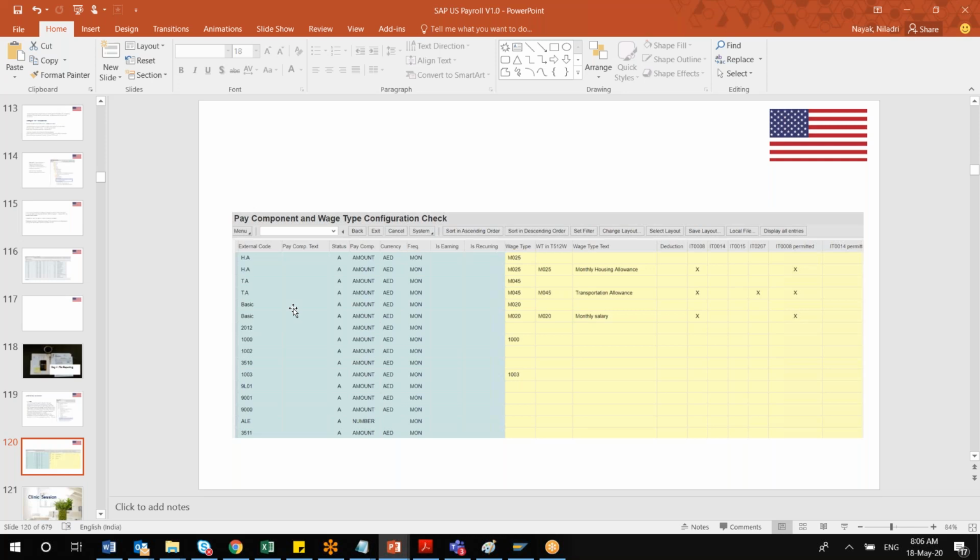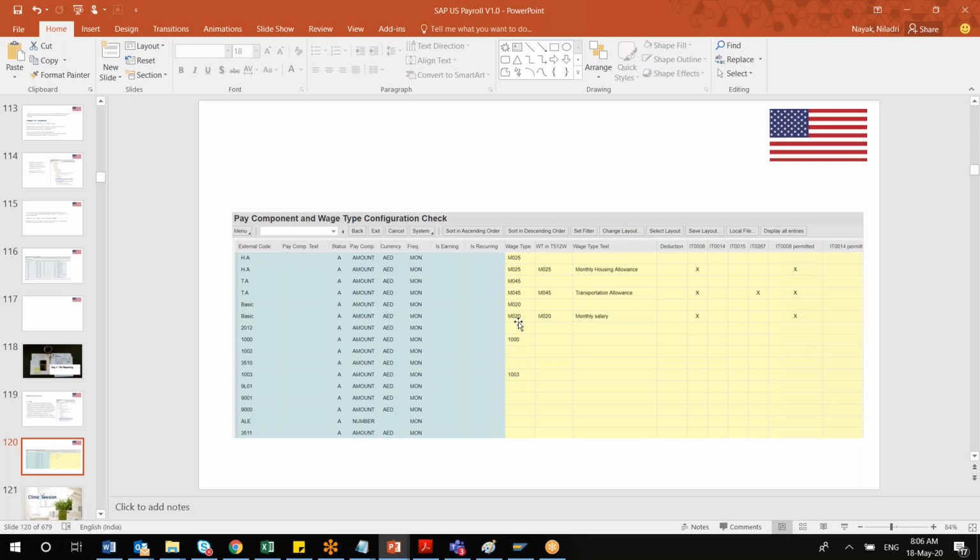Those Employee Central details will be there, and the corresponding wage type you will find in the yellow column. Mostly the wage types 1000, 1003 are the custom wage types which we have created. Would that be from ECP or from on-premise? These wage types are in your ECP.